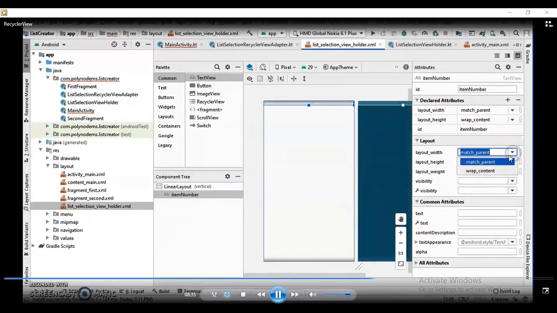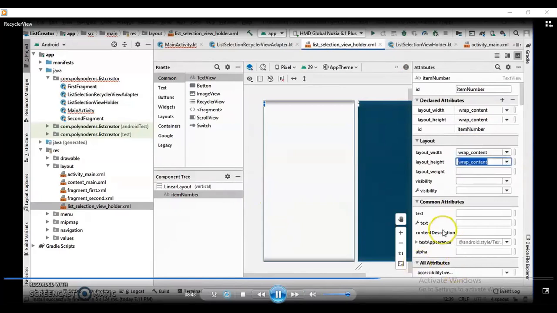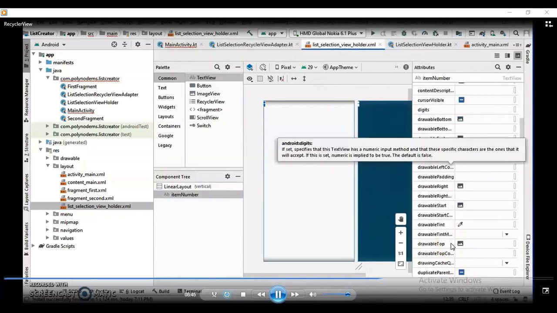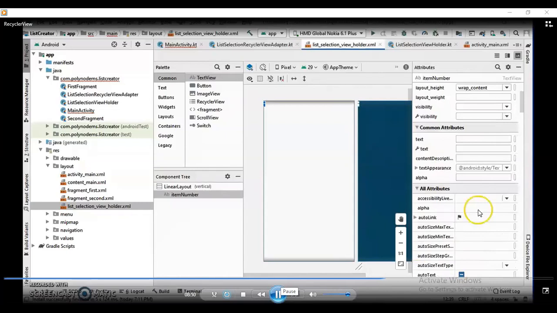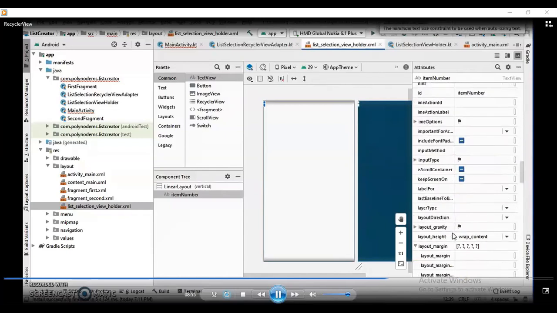Okay, so once it has been done, you can go to all attributes, layout margin you can set here, so that it should get displayed at the proper position and at the proper margin.